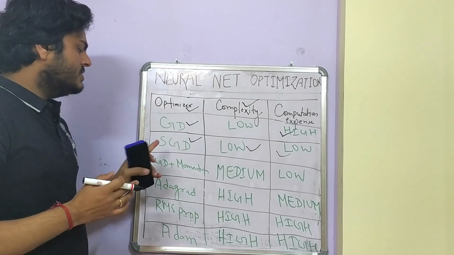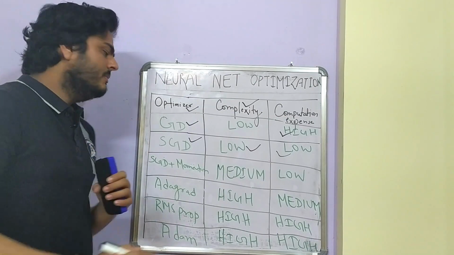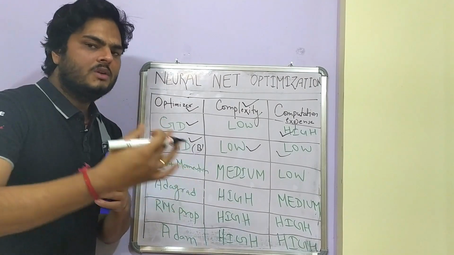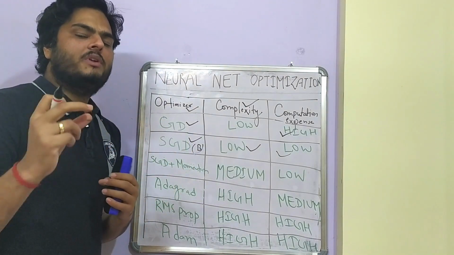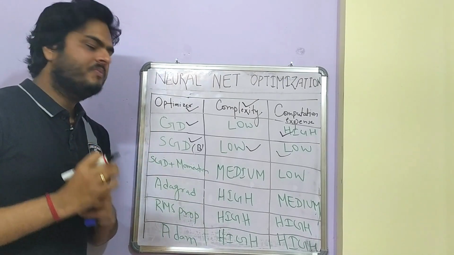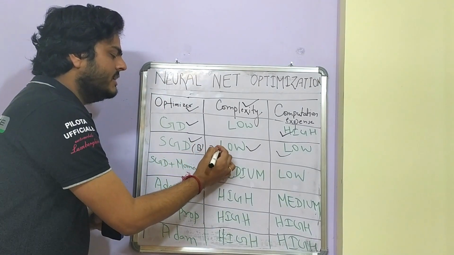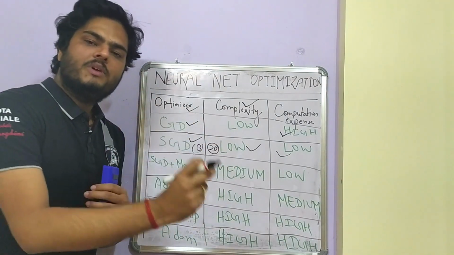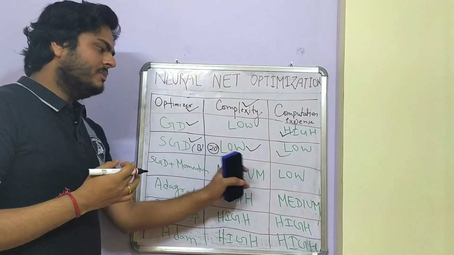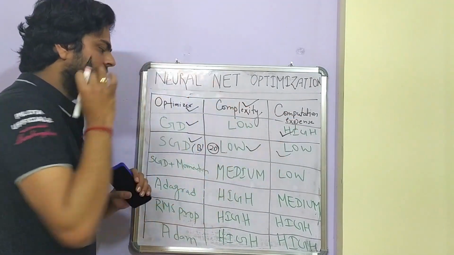So here we were taking all the records, here we are taking fewer records. If you talk of stochastic gradient descent with batch, which means mini batch gradient descent, that is also one version of stochastic gradient descent. There we do not take one record, rather we take a group of records. I will tell you towards the end of the video how to decide the batch size. That is what we call a batch. So if I say batch size is 20, then 20 records will come in one iteration and the next 20 will come in the next iteration, and optimization will take place. So this is low complexity wise, and low computation wise.